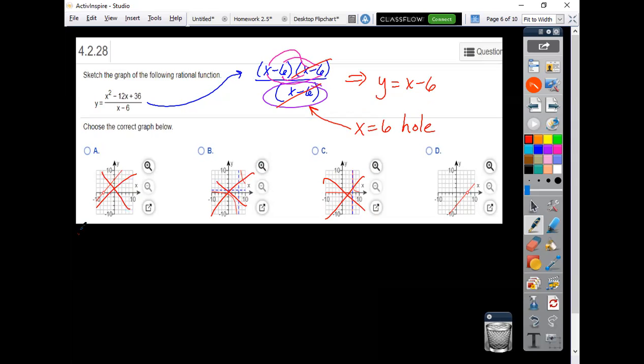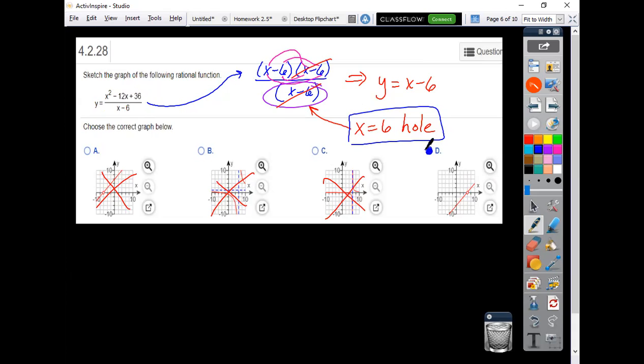But then the piece that is still here that I wanted to point out, this x being 6, right here, there has to be a hole in the graph. That's meaning that in my original problem, it simplified out of the problem, but for the original problem, if you did have x equals 6, it would be undefined. So we can't have it in the graph at all. But those are all the parts that come into play for